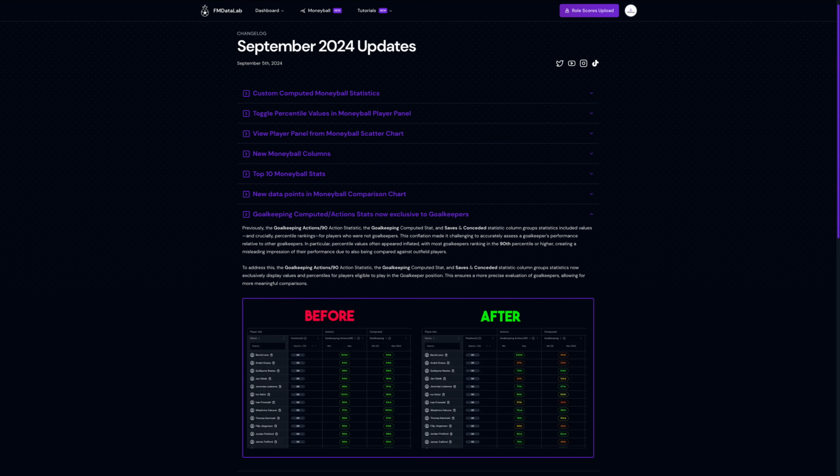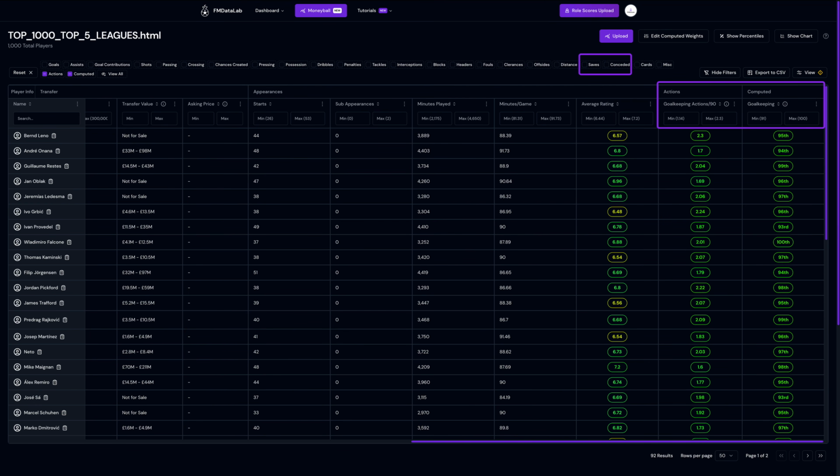So sticking with the goalkeeper theme, let's tackle an issue that's been sort of lurking in the background. Previously, the goalkeeping actions per 90 action stat, the goalkeeping computed stat, and the saves and conceded column groups were presenting values and, more importantly, percentile rankings for players who weren't actually goalkeepers. This made it a little difficult to get an accurate read on a goalkeeper's performance compared to their goalkeeping peers. You may have noticed that the percentiles were often overly generous, with many goalkeepers finding themselves in the 90th plus percentile, which could give you a rather misleading impression of their abilities as a goalkeeper, all because they were being